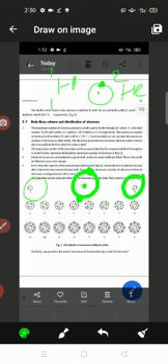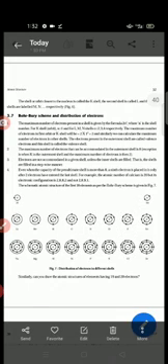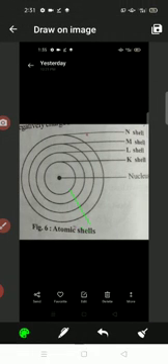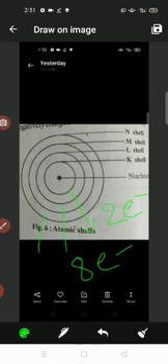So that is why the second point is that the maximum number of electrons that can be accommodated in the outermost shell is only 8. That means in the first shell, the K shell, we can accommodate only 2 electrons, in the L shell only 8 electrons, in the M shell only 8 electrons, and in the N shell only 8 electrons, according to Bohr-Bury.